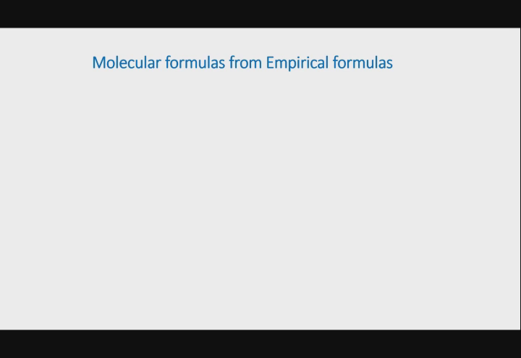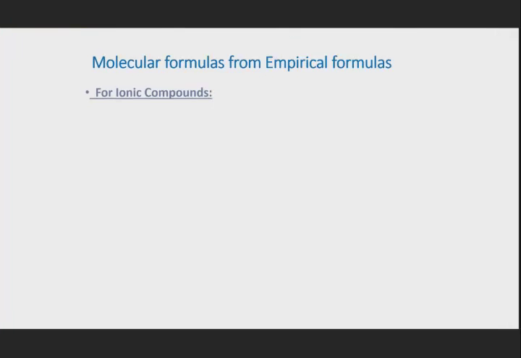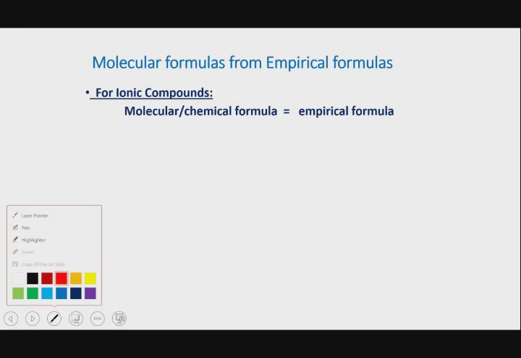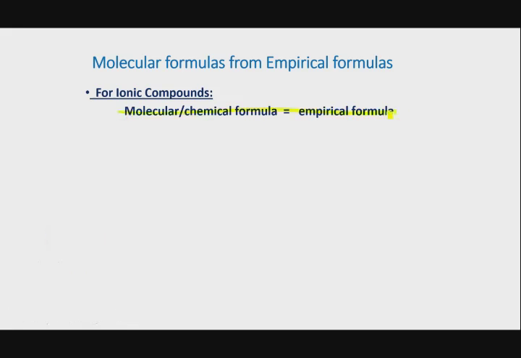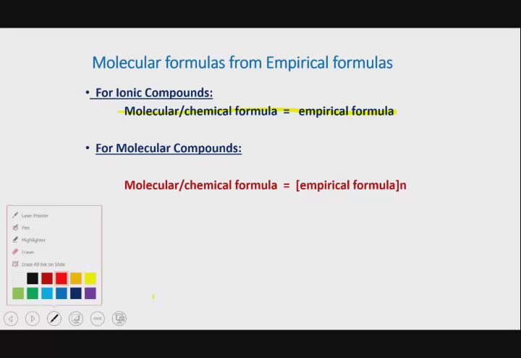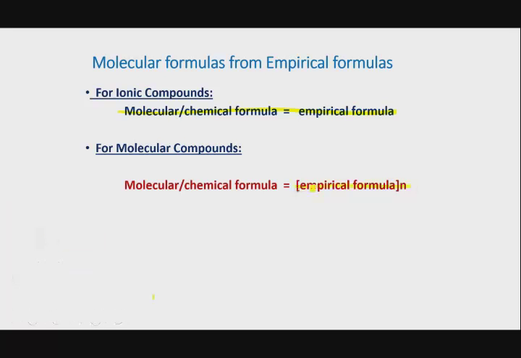molecular formula. So for ionic compounds, please do remember, as we said before, that chemical formulas are the same as the empirical formula, because both of these formulas give us the exact same information. So for the ionic compounds, the two are exactly the same, but for molecular compounds, they may or may not be the same. Now, in order for us to determine the molecular formula of a molecular compound from its empirical formula, we have to first figure out the empirical formula and then multiply the empirical formula by a certain number